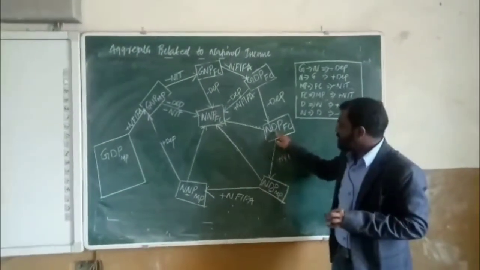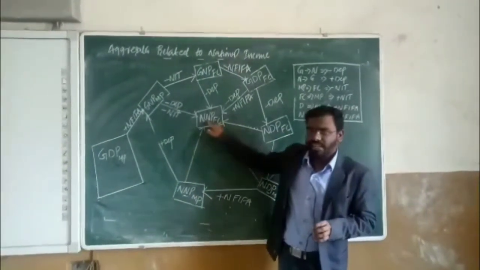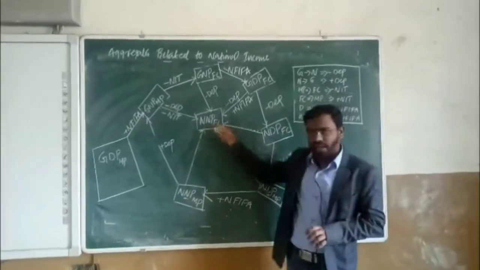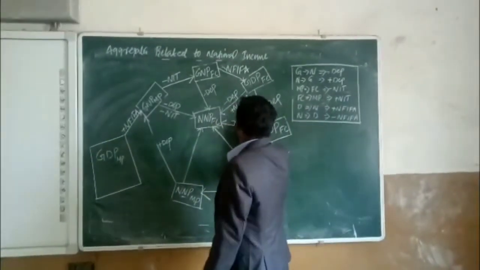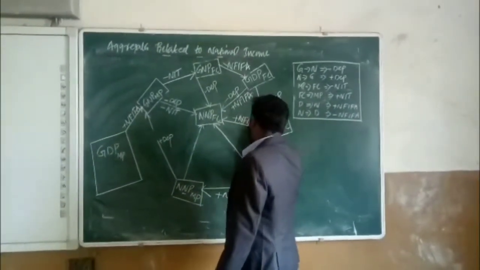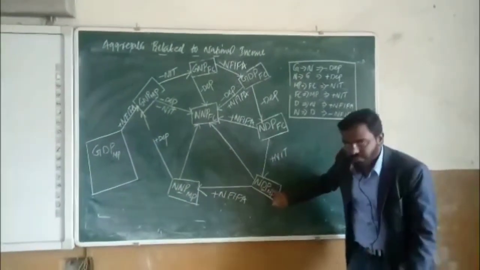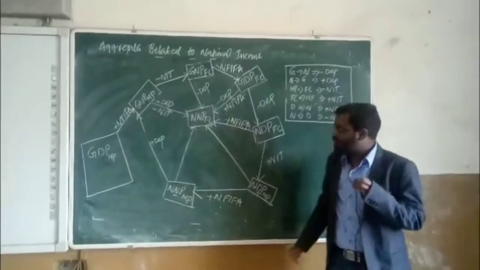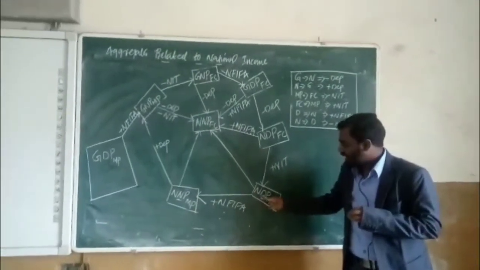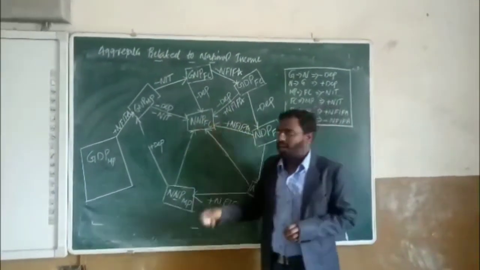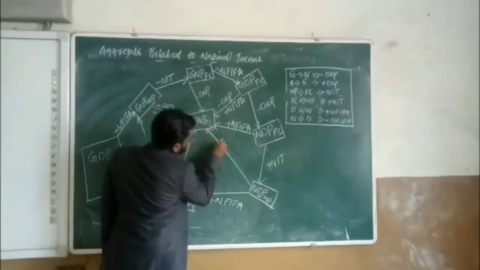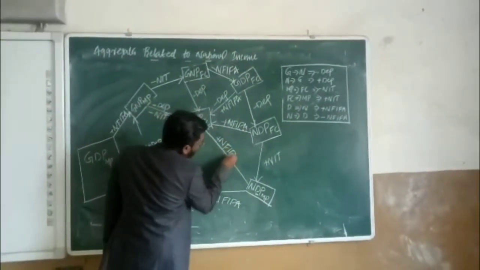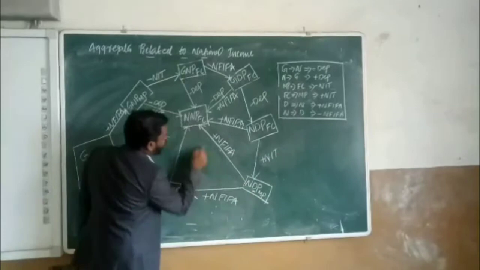Next one, NDP-FC into NNP-FC. The difference is here it is domestic concept, and this is national concept. So D into N by adding NFI-FA. Next, this NDP-MP into NNP-FC. First we convert domestic into national, that is plus NFI-FA, and next MP